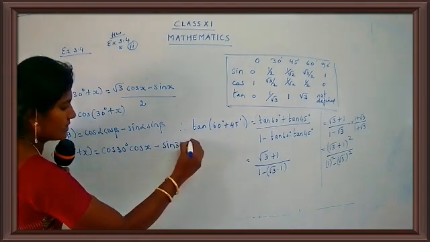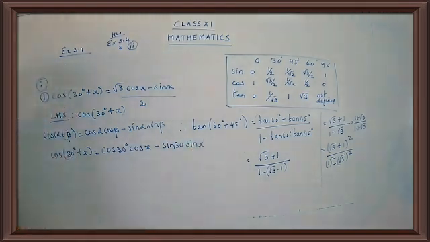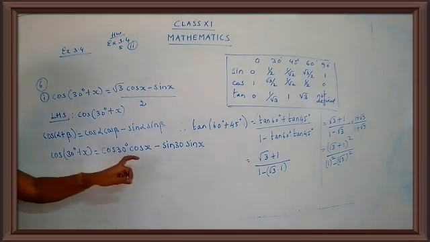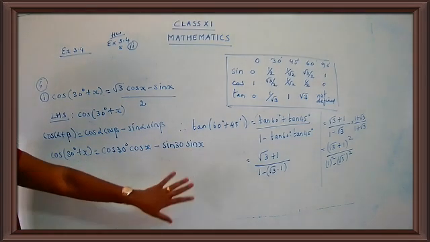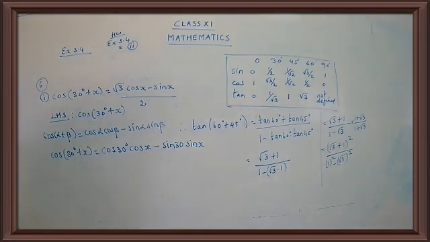It's clear to you. So just replace alpha as 30 and beta as x. That's all. We don't know any other values. That is, I don't know the value for cos x, so just keep x as x only. And again here you keep it as x. No problem. Okay, let's simplify. Just put the value.